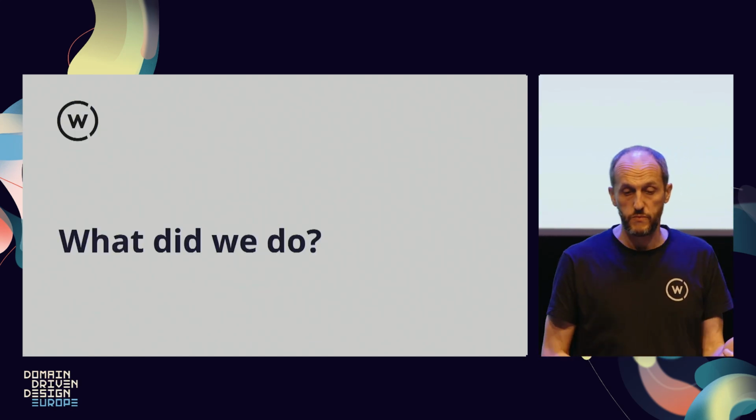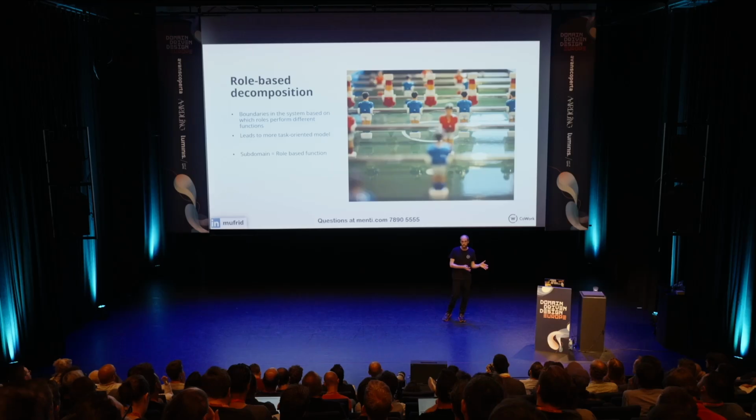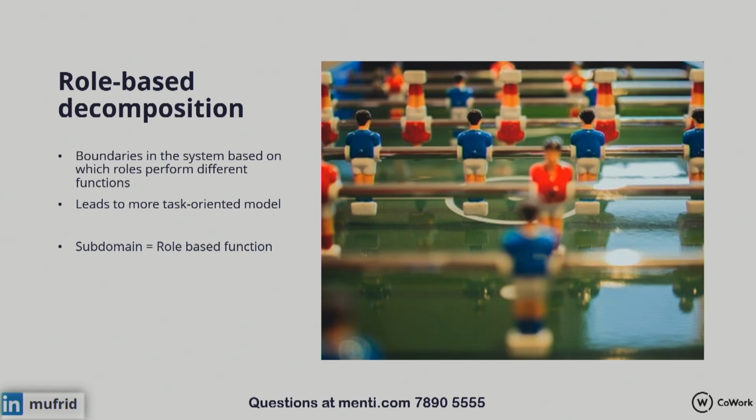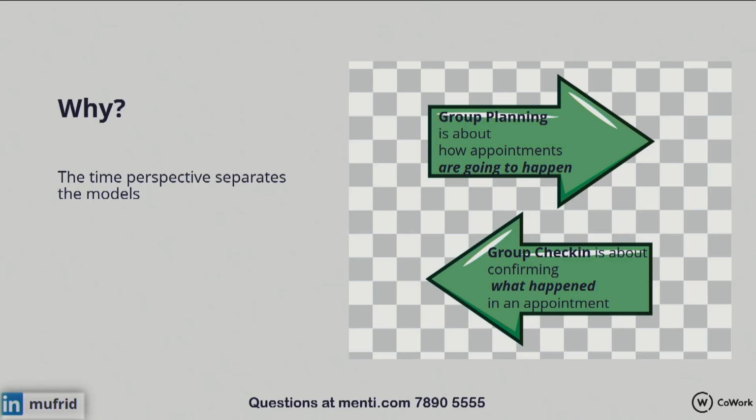So what did we do? Well, we applied this role-based decomposition. So it was a step ahead in what we believed was the right direction. Not as flexible as time and role-based decomposition, but a step away from functional decomposition. So it was okay. So we created two models in the groups. I'll just show you quickly our code structure. And before that, the reason for this one was even more